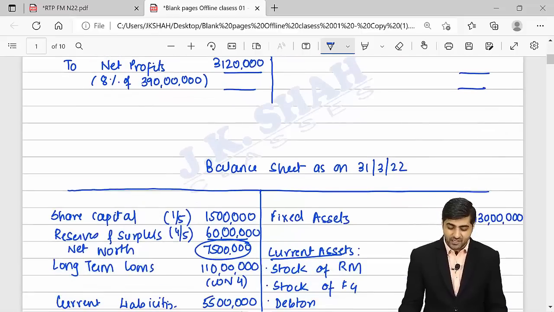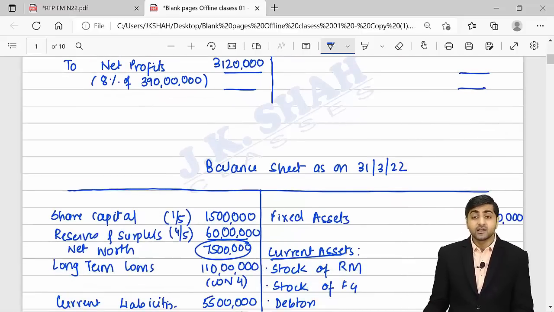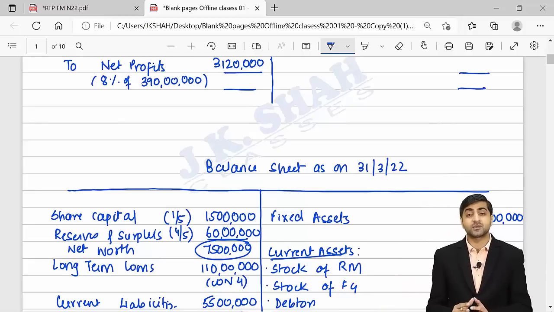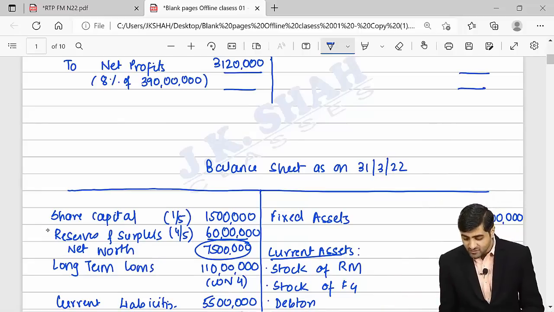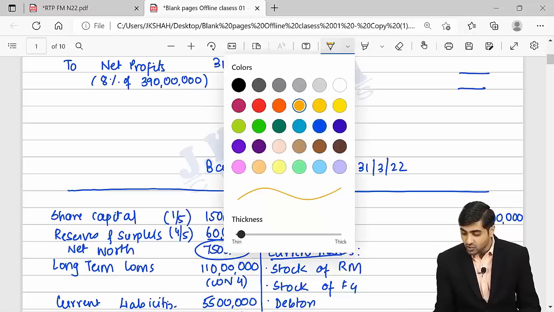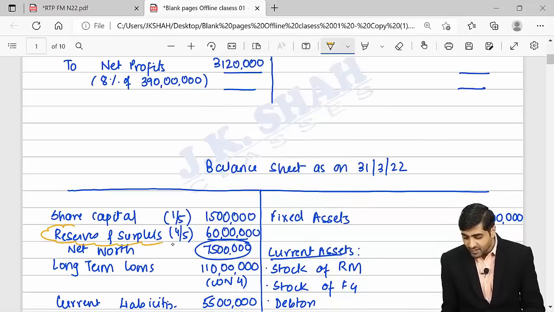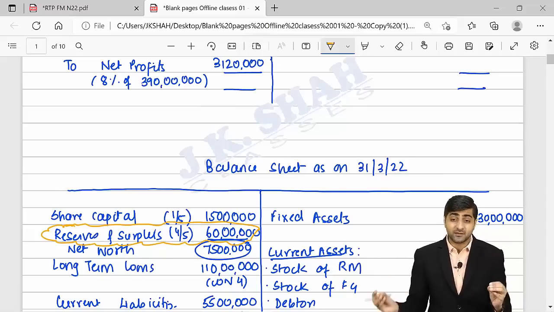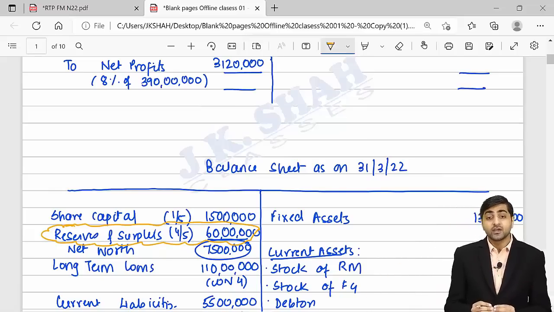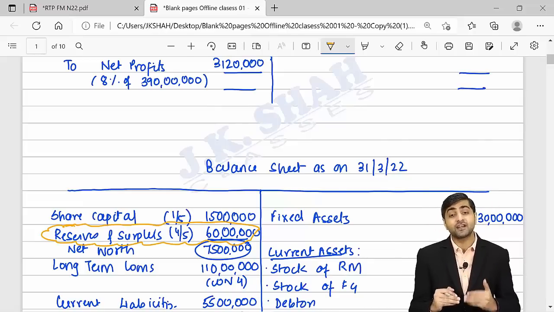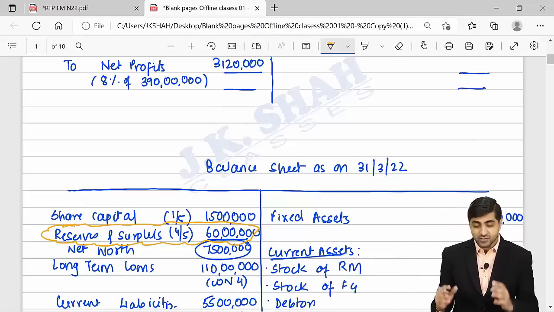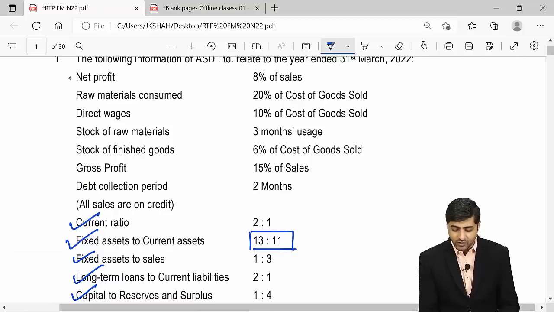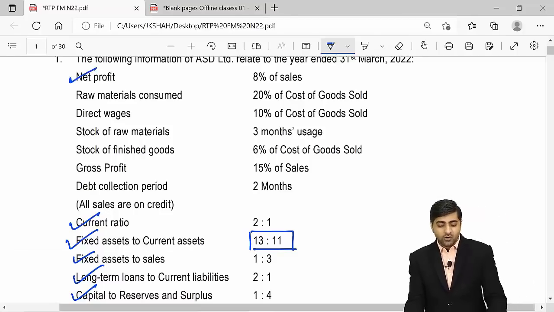Now many students must be wondering, sir, this net profit should actually be passed, or it should be transferred, or it should be posted to your reserves and surplus. But you always remember that this reserves and surplus is always your closing reserves and surplus, and this closing reserves and surplus always has opening reserves and surplus plus the profits which are being transferred to it. So you don't have to further add any kind of net profits to this particular reserves. Okay, so this is your closing reserves and surplus. So coming back to this particular part, we are already done with your net profit ratio. Now we also have